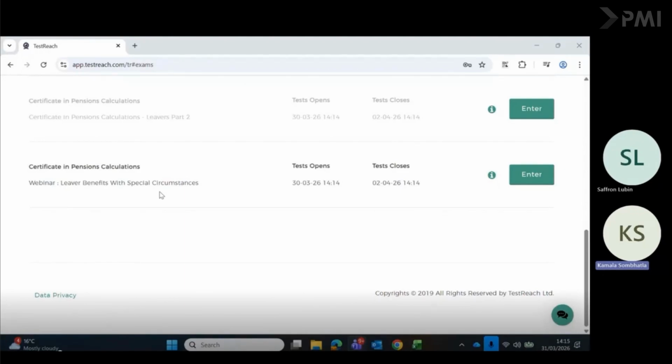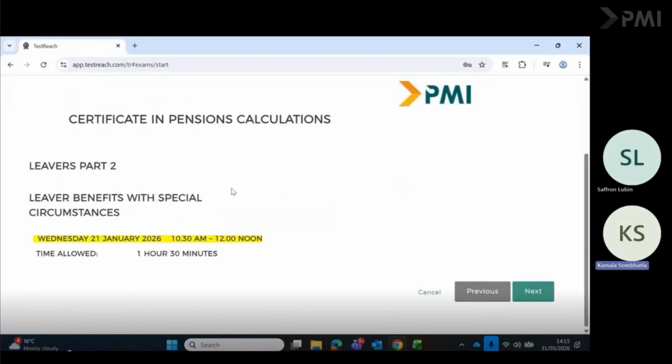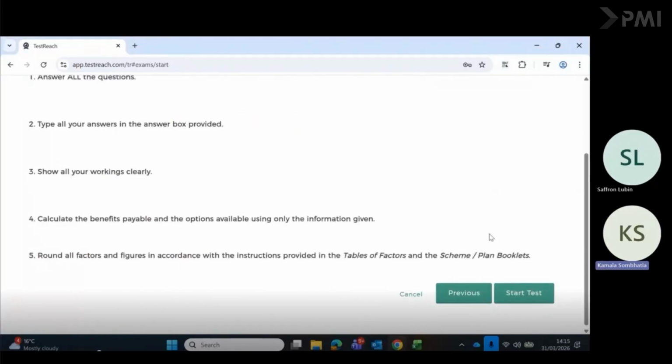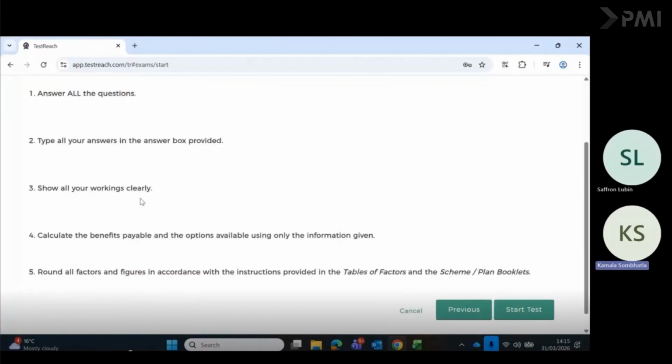Once you enter into it, you will see your exam date and the time allowed for you to take the exam. Once this is done, you have to click on next. And once you click on next, you will be shown an important page, that is the pre-exam instructions. So please read everything carefully so you know what to expect in the exam. And once this is done, you can start